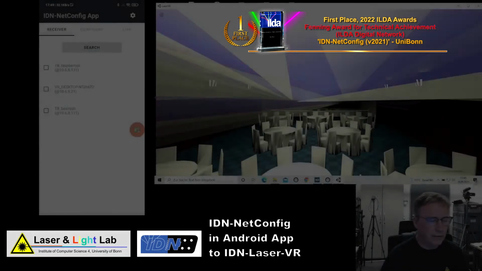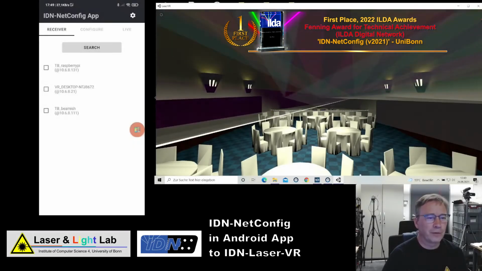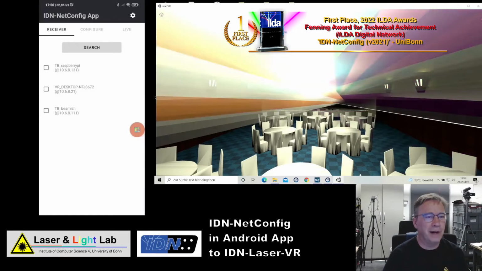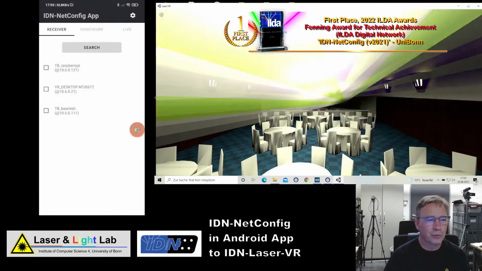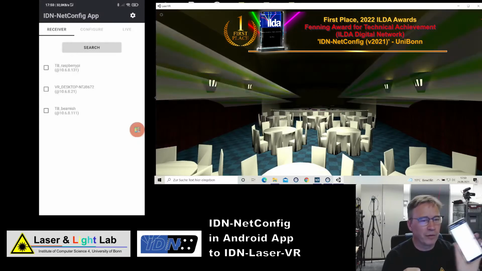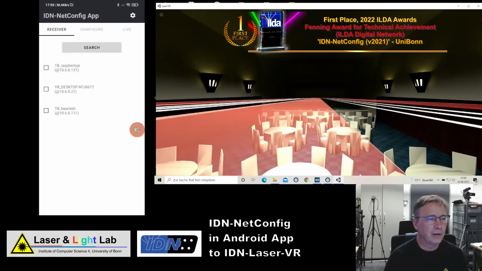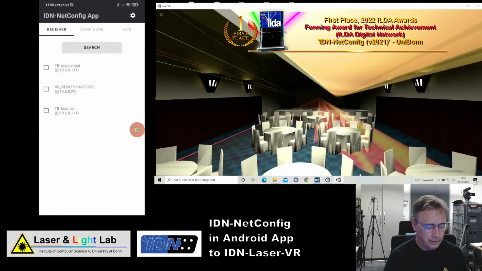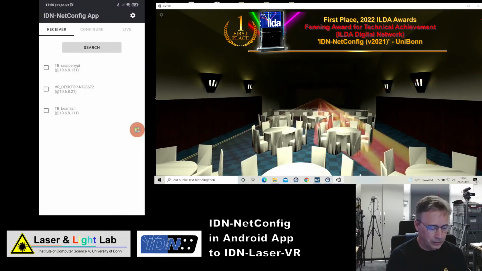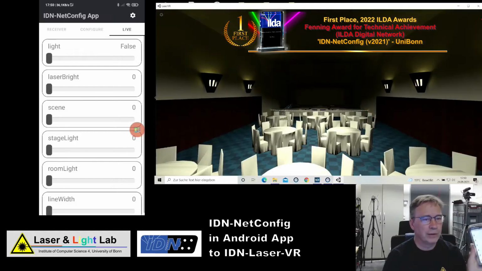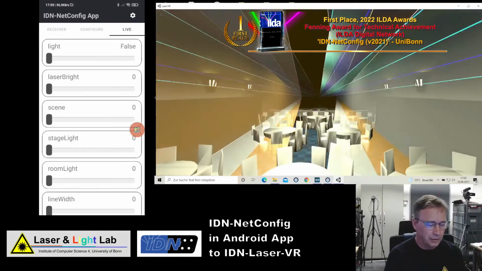So now we see the second piece of software that is working with the IDN-NetConfig. It's the laser VR, a virtual reality 3D visualization of lasers, and I'm using an Android phone now with the NetConfig app on Android. So I'm searching for devices on the network. We'll see 3. I will select the virtual reality software and go into the live mode